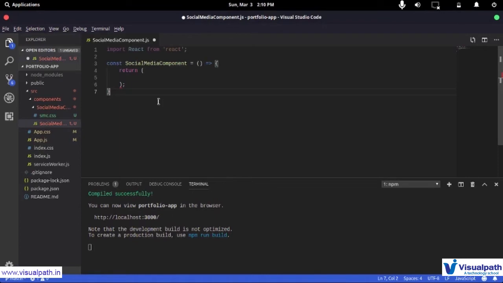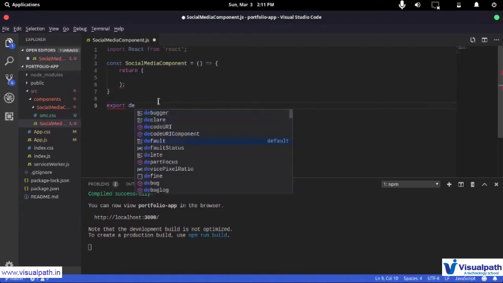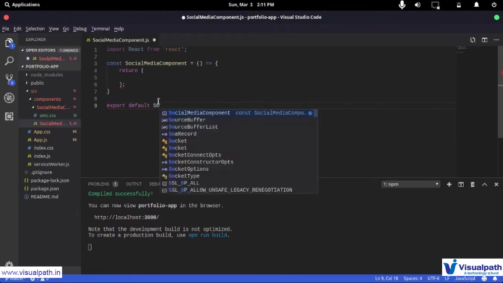Now people around the React community also like to differentiate between whether they have a functional component or a class based component, but I don't think that is important, and that is just a preference. So I like to just have a component folder, and inside that I have folders for my individual components, and then I create those components. Now what I'm going to do is I'm just going to export this. So export default social media component.